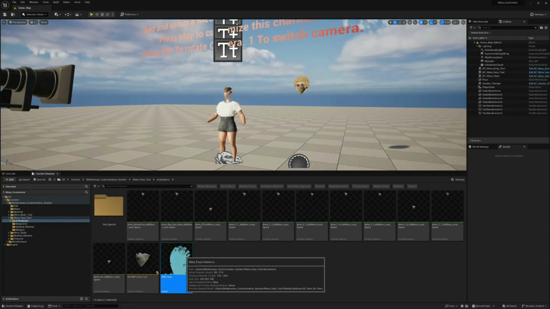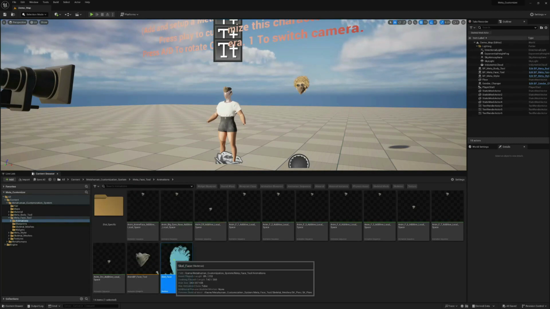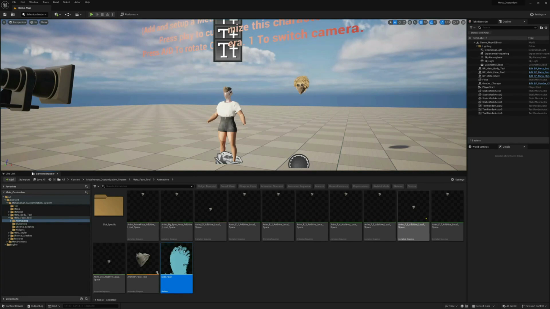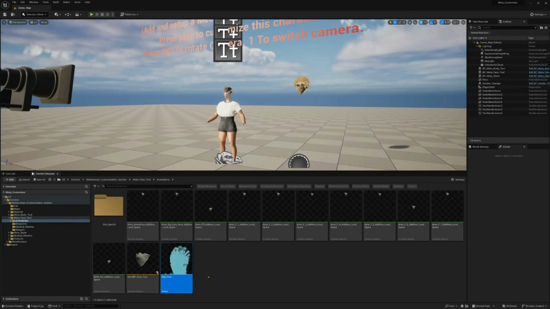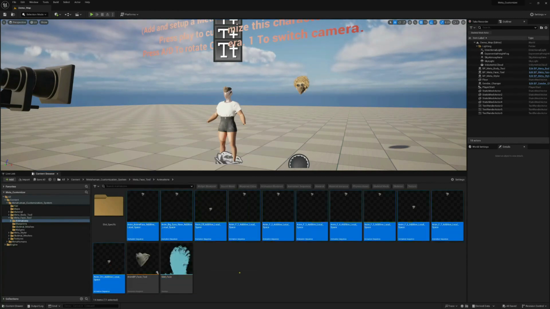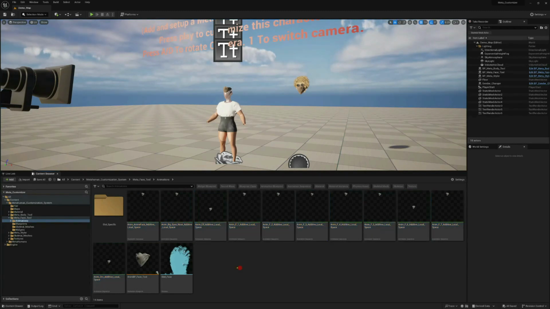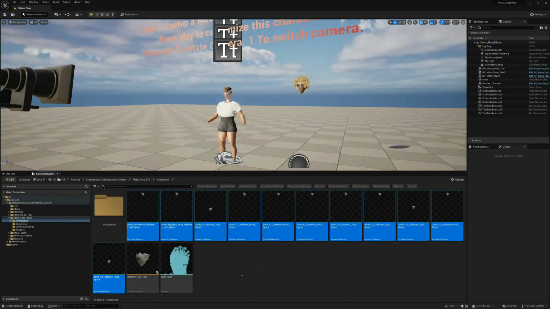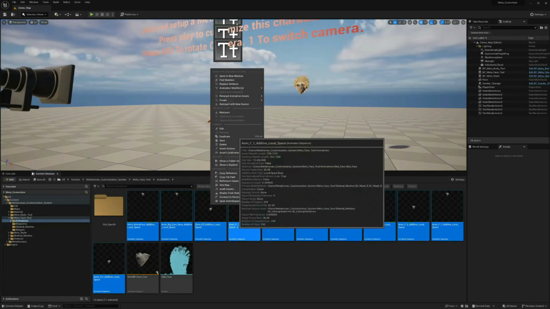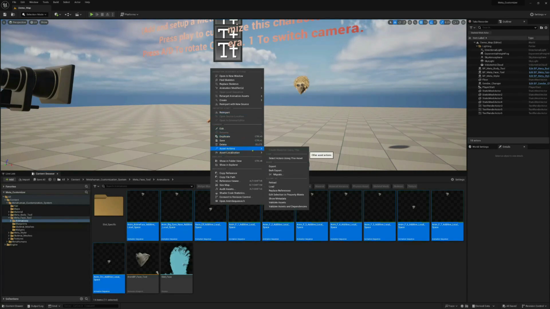We're going to delete this, but before we do, we want to export these animations. Because once we delete this and replace it with the MetaHuman face, these animations, in my case, were not compatible with the MetaHuman face. They were acting all weird. So I found that I have to export them, then replace the skeleton, and then re-import them. So what you're going to do is highlight all the animations before we touch the skeleton, right click on them, and go to Asset Actions